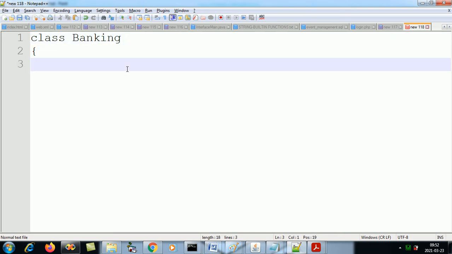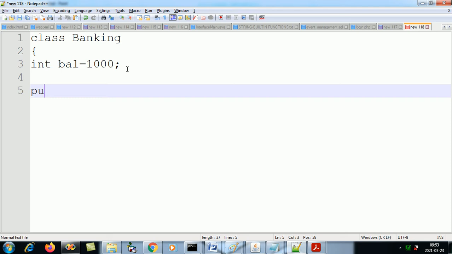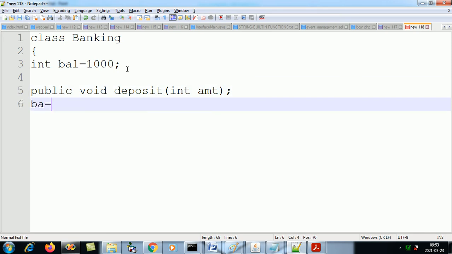In class banking, I'll make an integer balance, and the initial balance is 1000, and I'll make a function public void deposit amount, and whatever amount is deposited will be added to the balance, right?